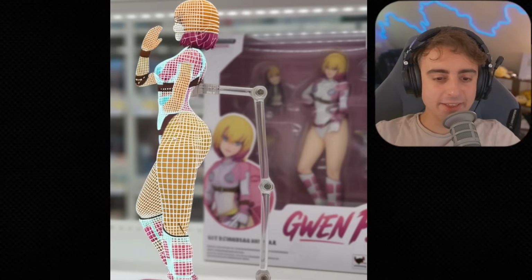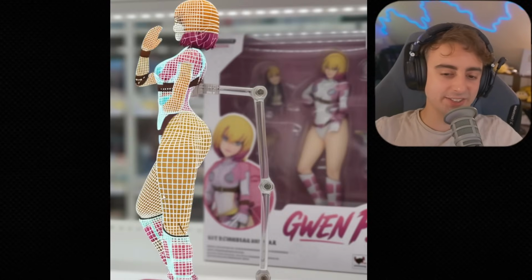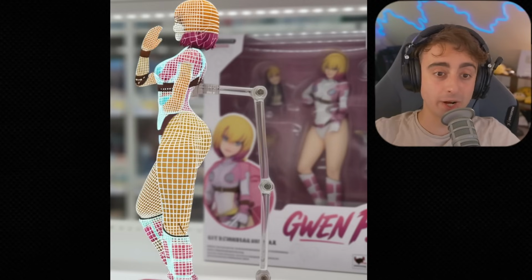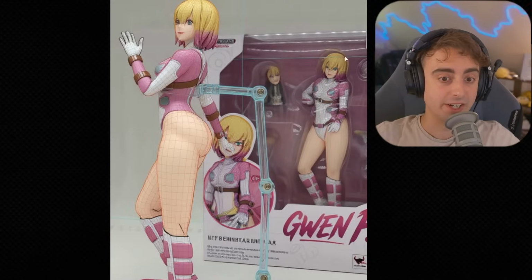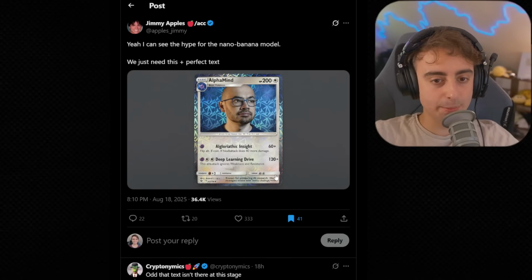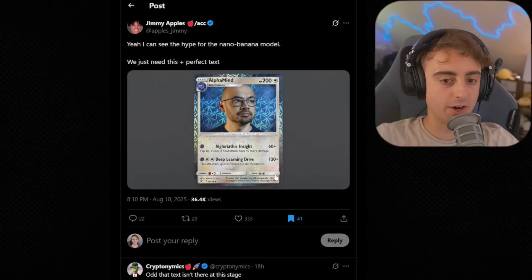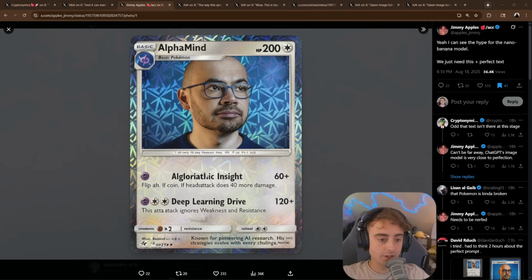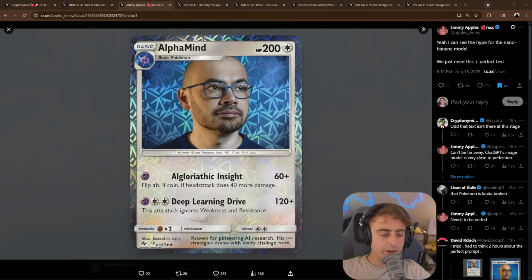I mean, it's getting the basic loose concept, but it isn't anywhere nearly as accurate, and it totally screws up the text as well as a lot of details in the figure. You can also see a fun example from Jimmy Apples here making a custom Pokemon card for AlphaMind, which is cool. Again, taking a closer look, it does a great job. Even the font looks pretty accurate to real Pokemon cards. The iconography in here is really great, again, adhering to real, true Pokemon, as well as the layout of the